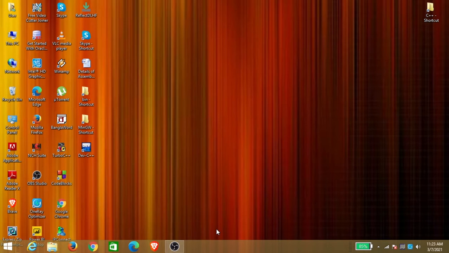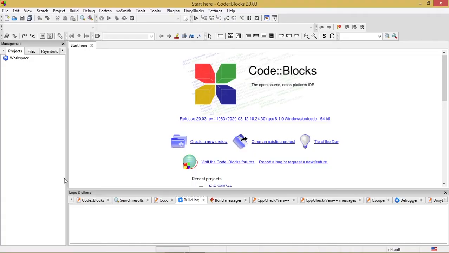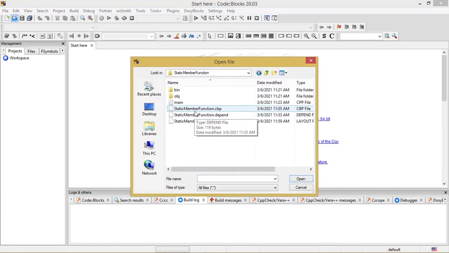So now I am going to show you an illustrative program written in C++ which shows the use of static member functions. I am going to open a program under this workspace, going to this folder static member function, under which I see a file among many other files and folders, static member function.cbp.